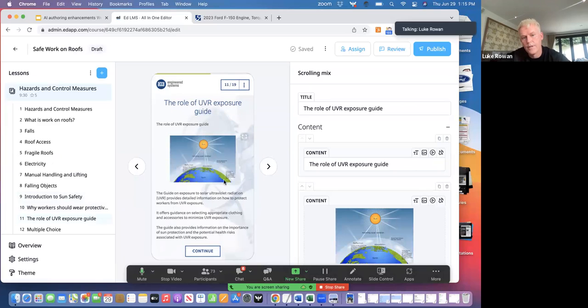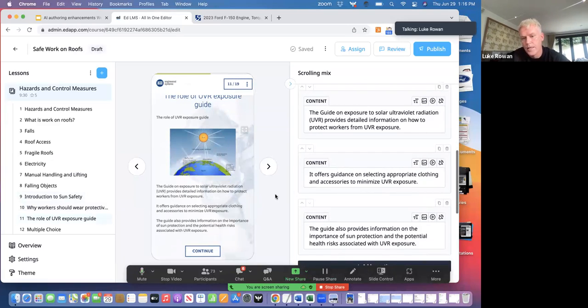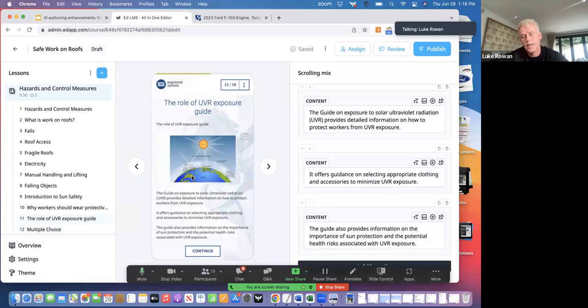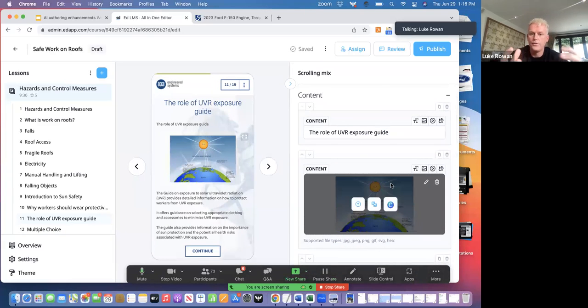Now we have a visual here on the role of UVR exposure, and we've got a visual that's conveyed here. If we wanted to adjust the content of this particular slide and focus on PPE, which is obviously a very important facet of sun safety, this is a nice segue to talk about our new feature for